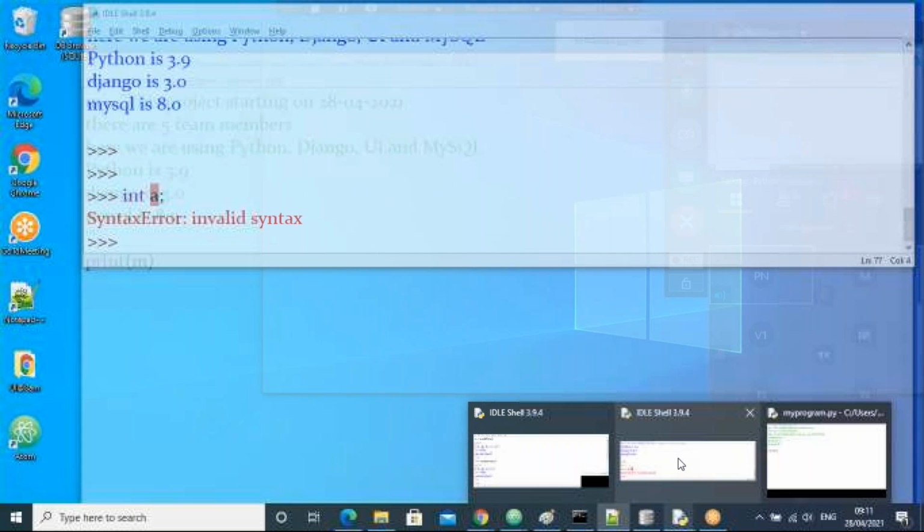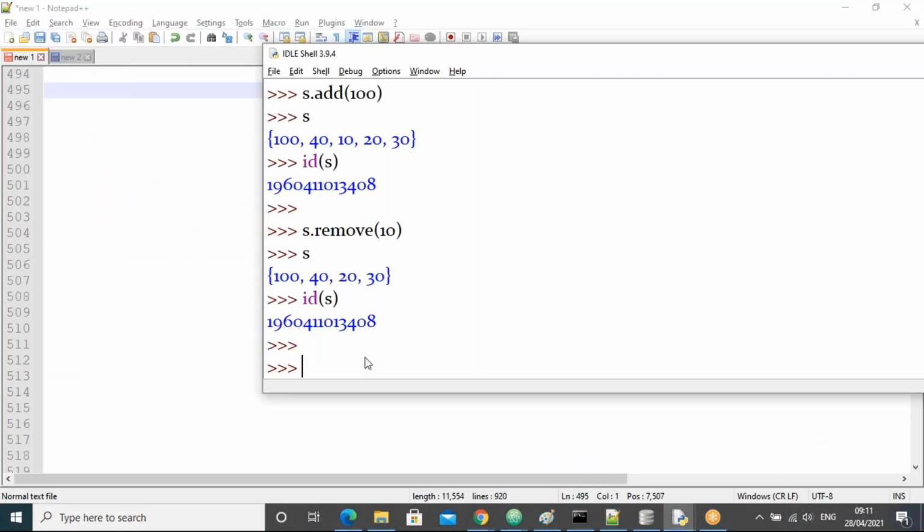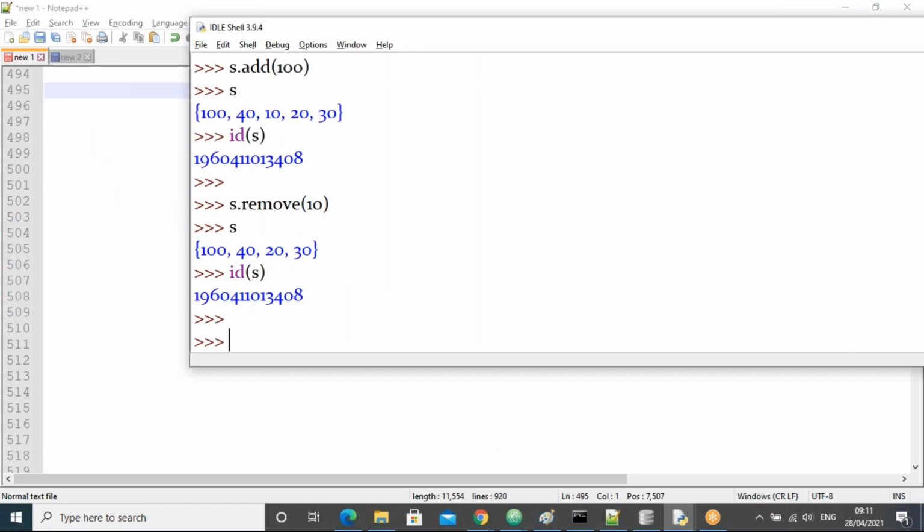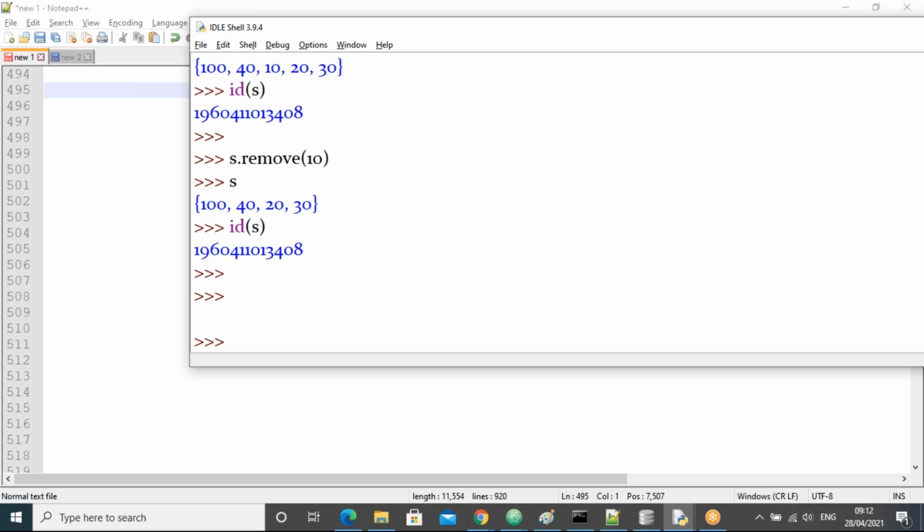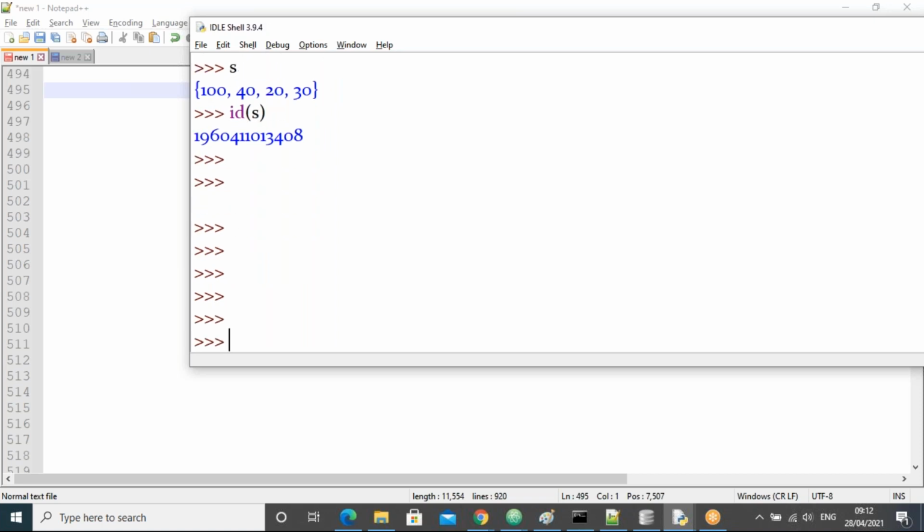Now all of you observe. I'll take S1 equal to some elements: 1, 2, 3, 4.